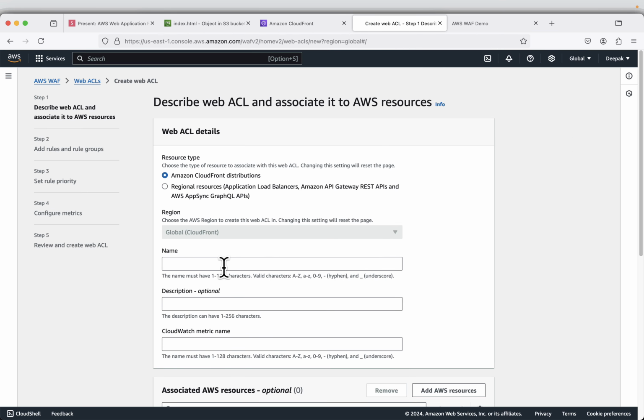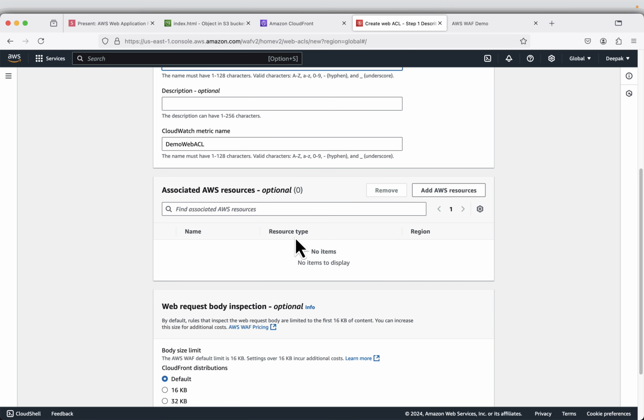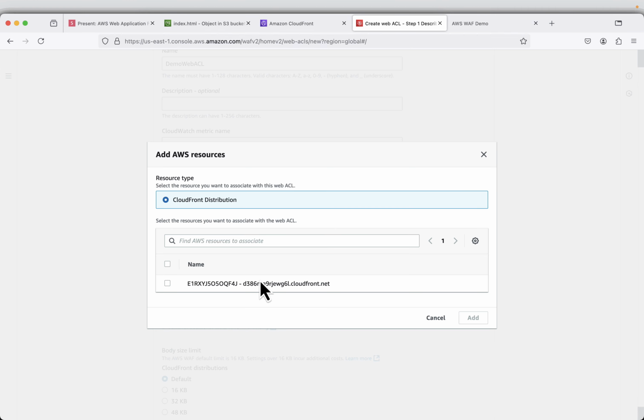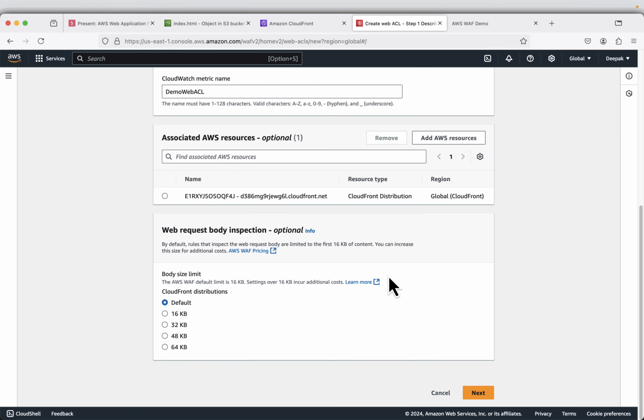So this will be global because CloudFront is a global resource. Paste the name of the web ACL and associated AWS resources. So I'll add it now. So it will show all the list of CloudFront distributions. I'll just pick the one. So we are saying that this web ACL, access control list, will be associated with this particular CloudFront distribution,